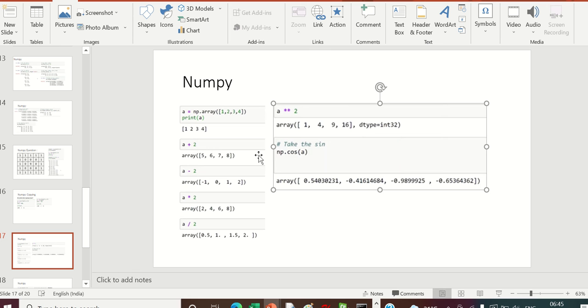No, I think it was some other number already. I think twice it got added. But you can see here a minus 2. Minus 2 is showing minus 1 0 1 and so on. We can also multiply by 2, divide by 2, star 2. We can apply other things also, like cosine functions and all these mathematical functions.